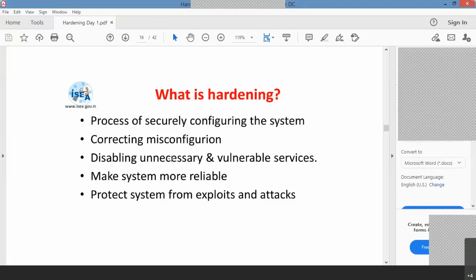Hardening is the process of securing configuration and correcting the misconfiguration. What do you mean by correcting the misconfiguration? Suppose there is a PC connected in my LAN, and when I see all its shared folders, everything is enabled. Even my confidential data in the shared folder is visible to me, right? So what is the necessity of that? That means you have not configured your PC, your server or your laptop in the proper manner. All these things come under hardening, and I can bet that no one can attack or do any harm to your organization.